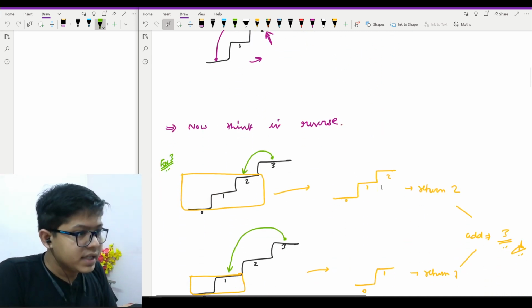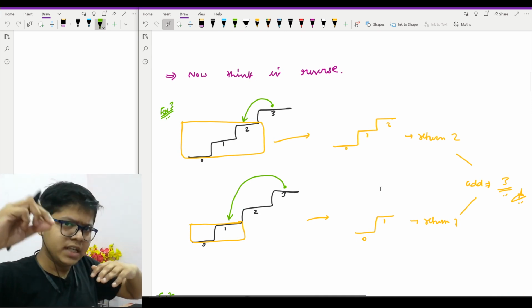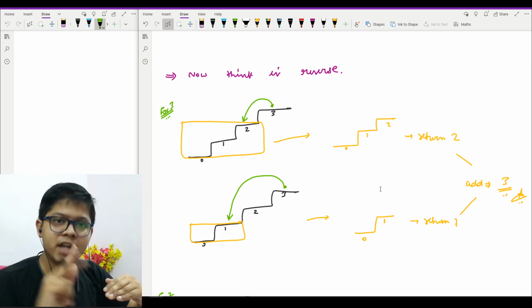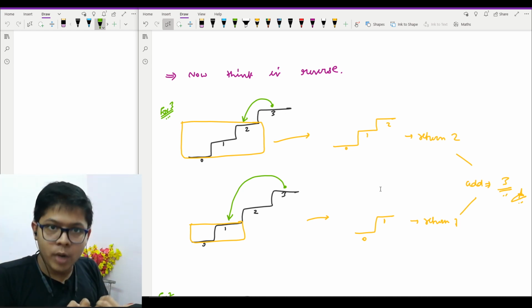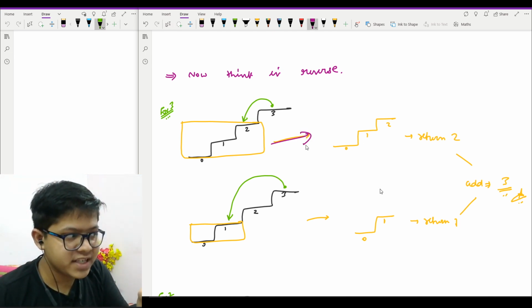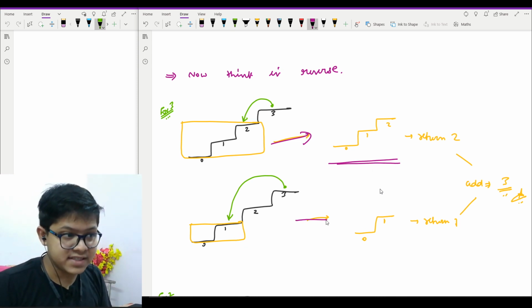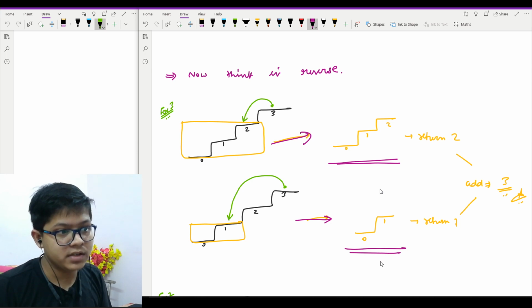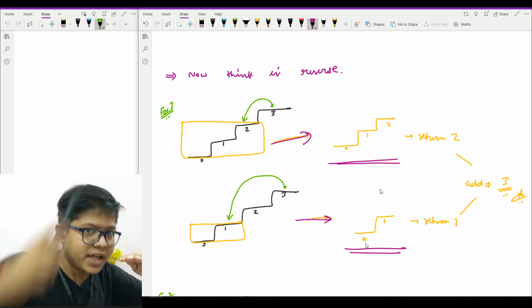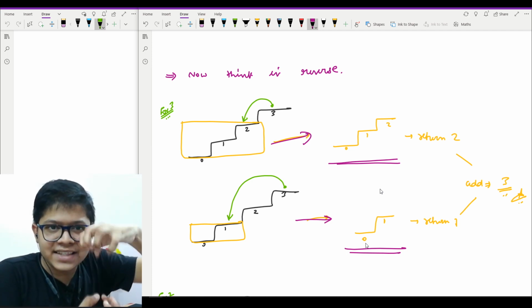Okay, very fine. As you can see, for the same staircase of 3, I can jump from 3 to 2 by taking a 1 step, or I can jump from 3 to 1 by taking a 2 step. The remaining problem is staircase 2, which looks like this. And when I take the other jump, I will have a remaining problem of staircase 1, which looks like this. Either I can have a jump of 1 or a jump of 2, and when I have these answers, I will add them.